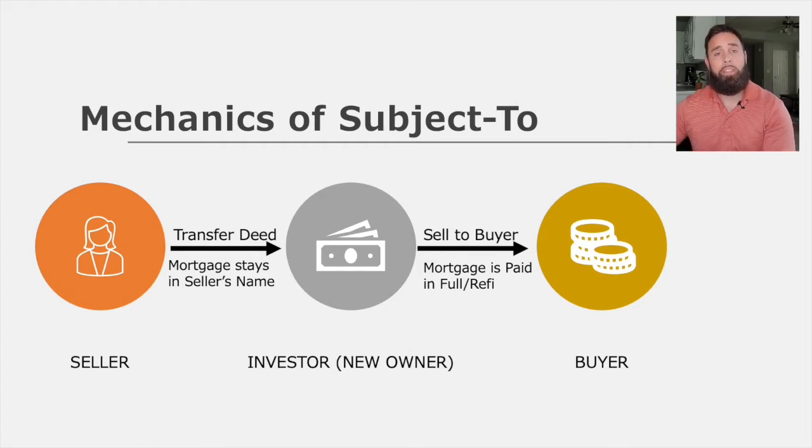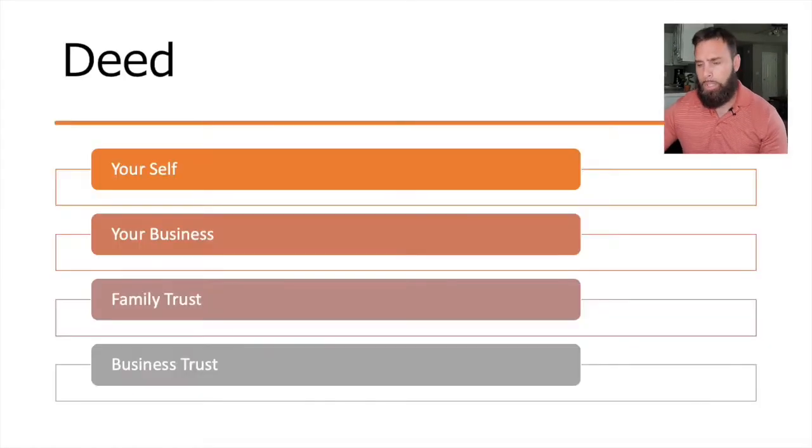directly until I either A, pay off the mortgage in full, or refinance the property, or sell the home outright. So those are the three ways that the mortgage will be taken off of the seller's name. So it's that simple. Remember, deed shows ownership, mortgage shows financial responsibility. They're not the same thing. They do not have to have the same names.